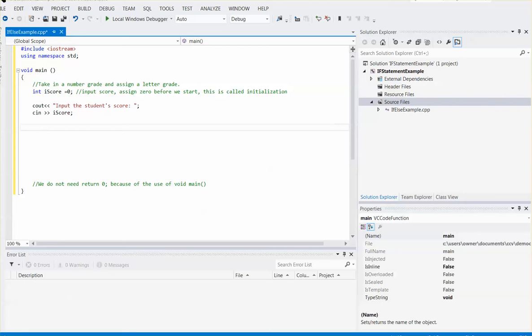It's one of the basic constructs that we have in C++, and it allows us to execute code based on whether a particular piece of logic needs to be executed or not. So what I decided is let's make a little program that takes in a number and assigns a letter grade to it. And so I created an integer called iScore, and I initialized it to 0